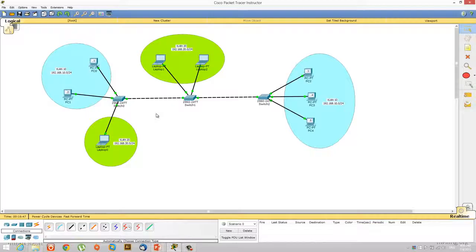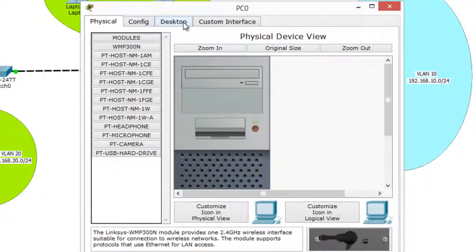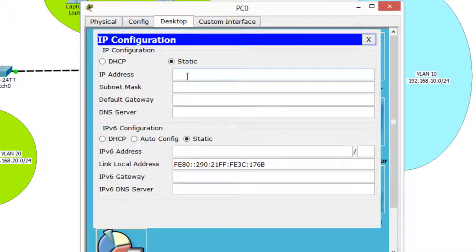So I have not configured anything, I've just drawn this topology. So let's see how we can configure. I'll start with PC0. I click on PC0 and put the IP address. So the IP address is 192.168.10.1, and I put a subnet mask, which is automatically populated,